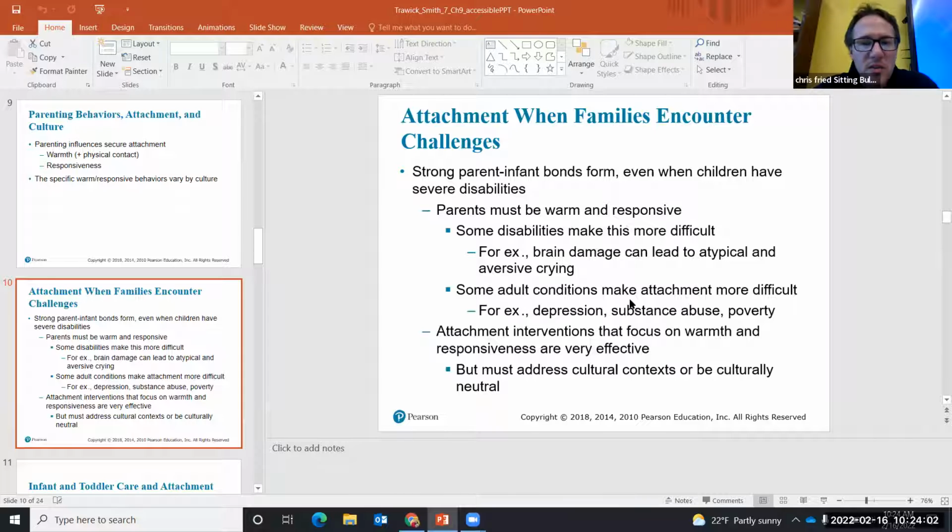Strong parent and infant bonds form even when children have severe disabilities, which makes sense and is common sense. Disabilities can make things a little more difficult, of course, sometimes for parents to be responsive, warm and caring, because sometimes there's a lot more work involved with disabilities. For example, brain damage can lead to atypical and adverse crying. So, more crying that can be difficult for parents to manage sometimes,